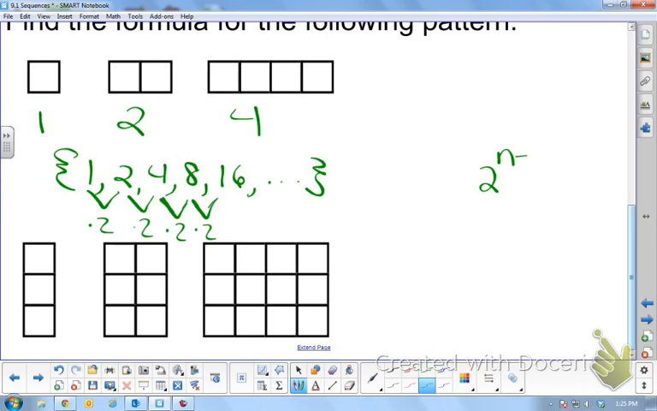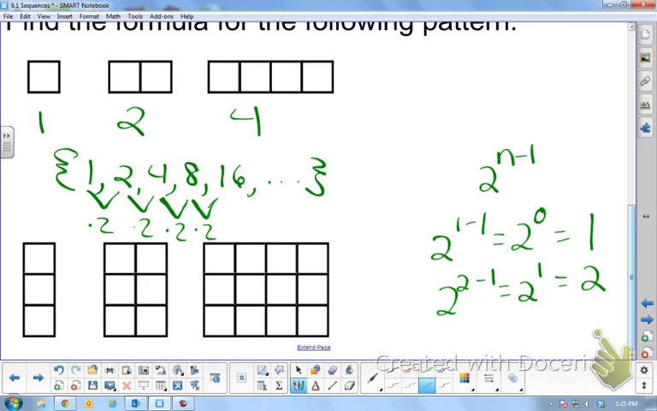So, let's see. 2 to the n minus 1. 2 to the 1 minus 1 would be 2 to the 0, which is 1. Success with our first term. 2 to the second minus 1 equals 2 to the first equals 2. We're good so far. 2 to the 3 minus 1 is 2 squared, which is 4. If we did 2 to the 4 minus 1, so 2 to the third, 8. So it's worked for every term so far, which leads us to believe this is our correct